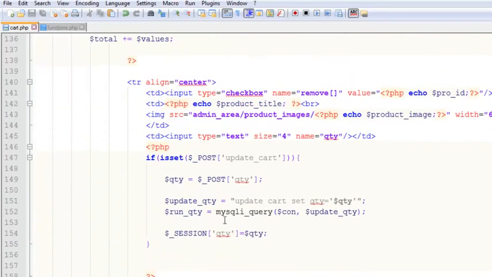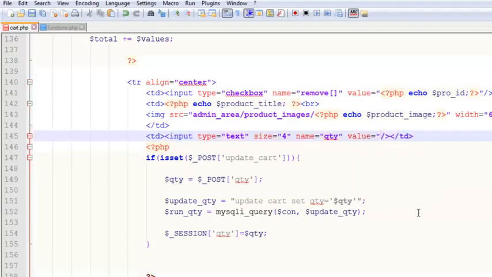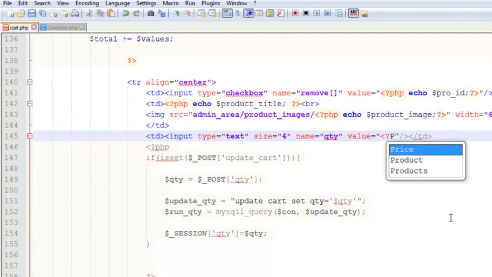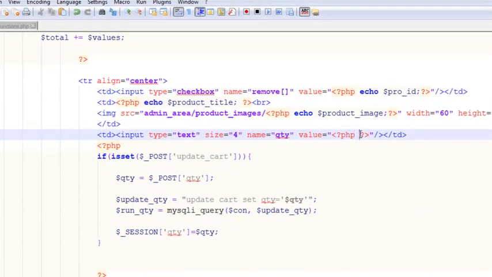Okay, so we started the session at the starting of the page, and after that we said the qty field inside the table will be saved in a session, and it will be equal to this variable which is bringing a value. So now that value we can display inside the box, I mean here in the input tag, using the value attribute. Simply in a PHP starting and ending tag inside this PHP block, we can echo